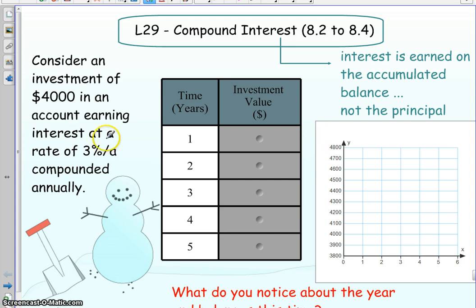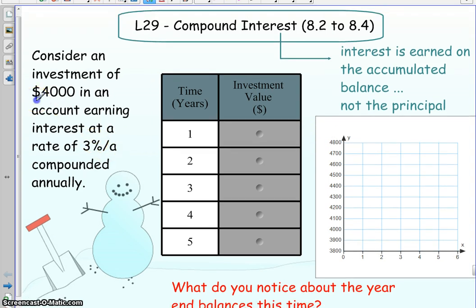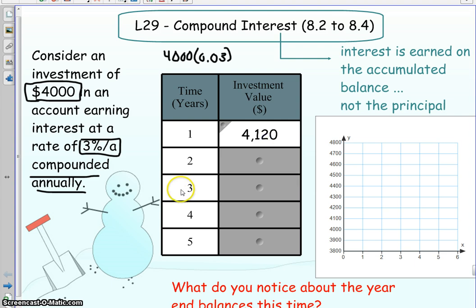So what I want to look at is a situation where we have, just like we saw last lesson, an investment of $4,000, and the account's earning 3% a year, but instead of simple interest, it's going to be compounded what we call annually. So once a year they give you the interest. To find our interest, we take $4,000 and earn 3% of that in 1 year. So 4,000 times 0.03 gives us $120. After 1 year, we add that $120 to the original 4,000,